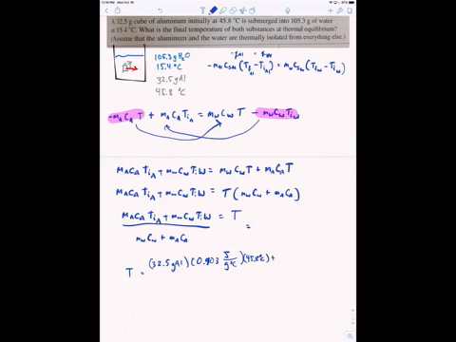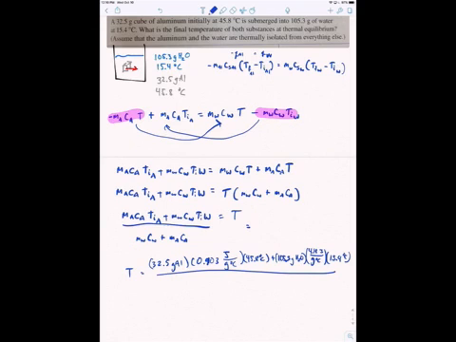Plus mass of water, 105.3 grams water. Heat capacity 4.18 joules per gram degree Celsius. That's the heat capacity of water. Temperature initial 15.4 degrees Celsius. All over